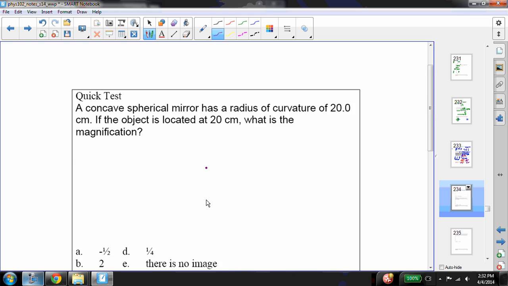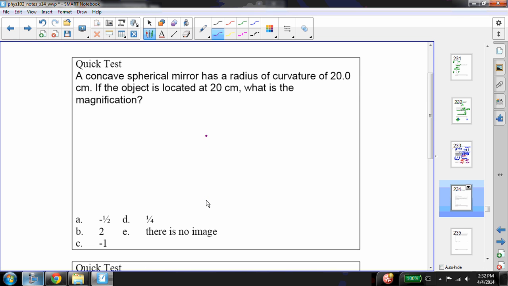All right, here's a couple of quick tests. Be careful here. My radius of curvature is 20 centimeters. That's C. But remember that the focal length is C divided by 2. And then you want to know what the magnification is. But also ask yourself, is this a positive or a negative focal length? It's a concave mirror, so go back and check. Then you can do your magnification,